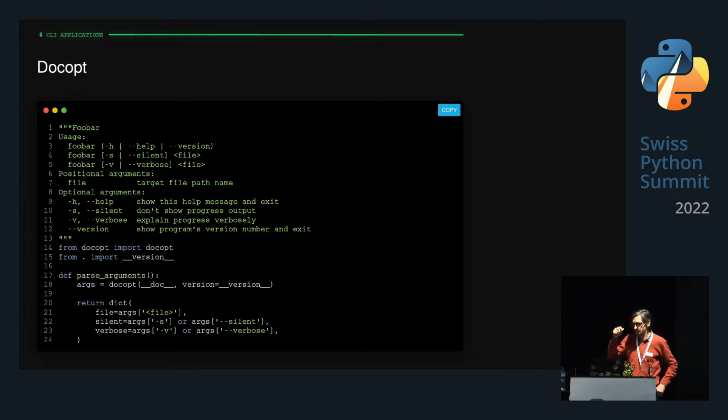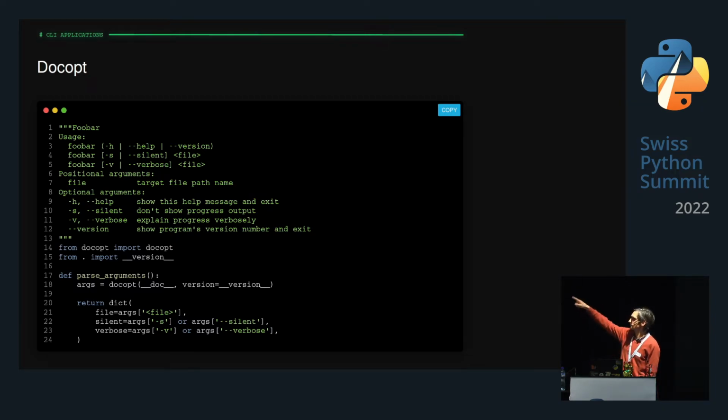It mentions these utility conventions: for example, positional arguments either in capital letters or in angle brackets, the optional ones in square brackets, and the options with dashes or double dashes and so on. So these are conventions, and docopt leverages these